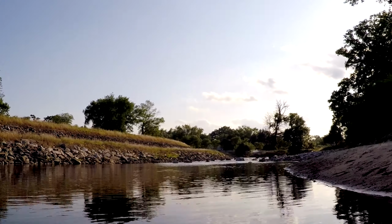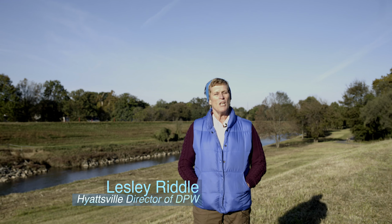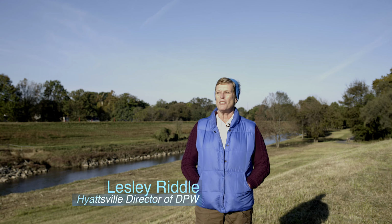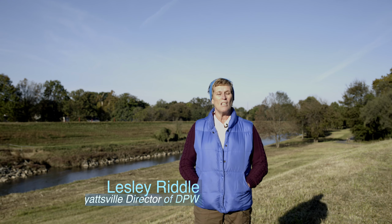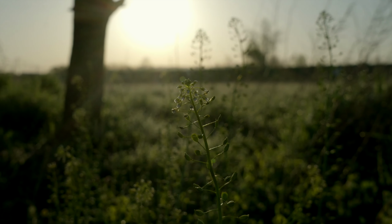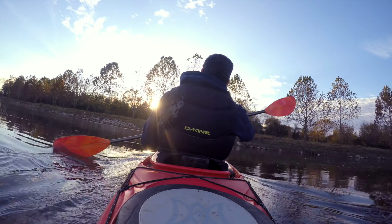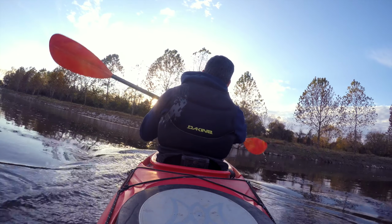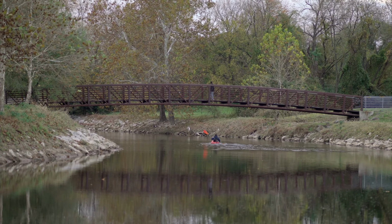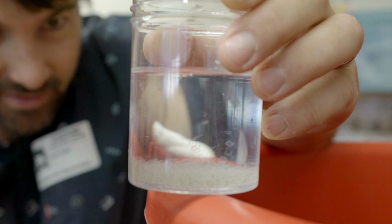So the river and our rivers that bisect through the city are so critically important to us because they add such an important ecology to the city. They sustain a lot of wildlife, they sustain the environment around them. They give us a great place to go, to fish, to recreate, to put our kayak on, and we want them clean and we want to be able to do those things. That's really the key element to this and the importance to the city of Hyattsville. What we're going to do is we're going to raise these baby fish and then we're going to release them